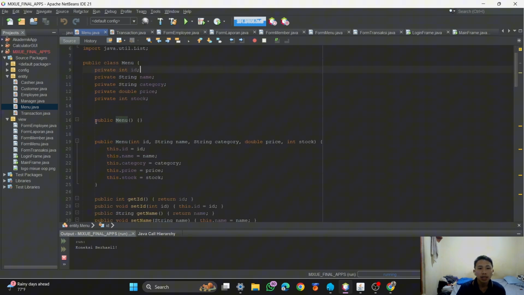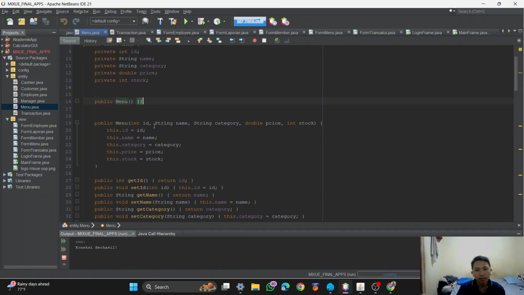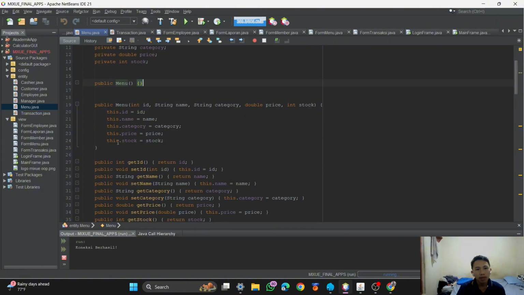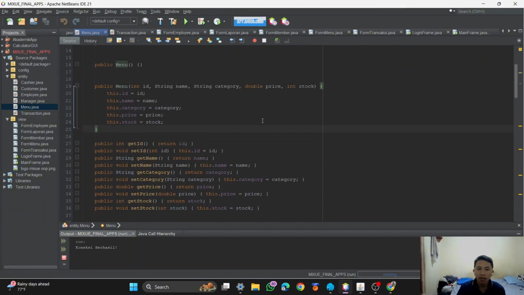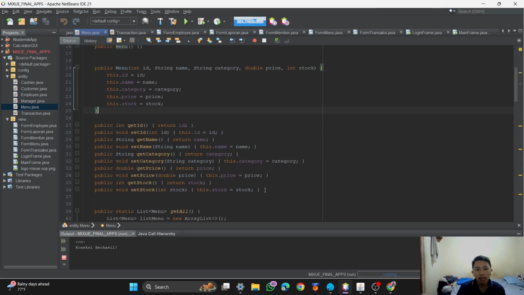Next is the constructor, an empty constructor. Okay, after that is a constructor with the fields ID, name, category, price, and stock. Okay, this is the getter and setter.